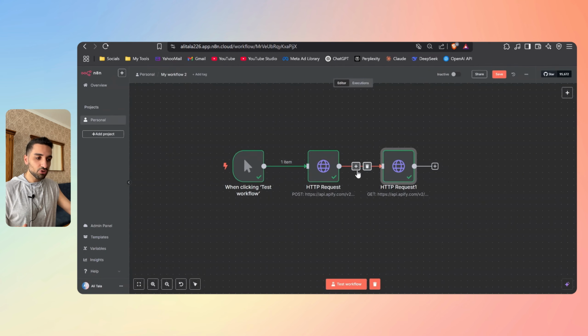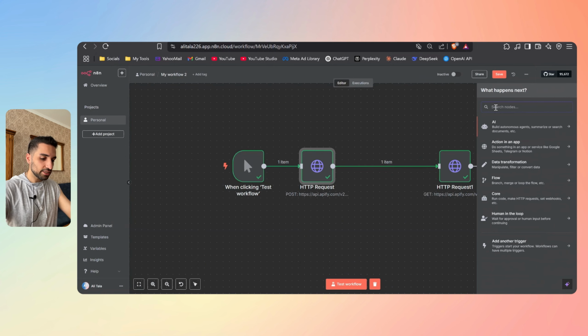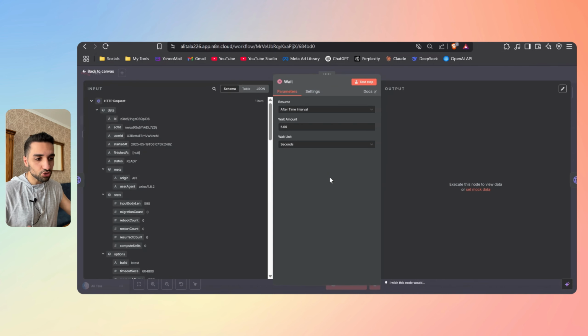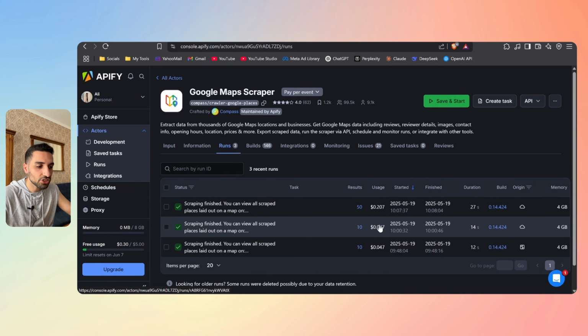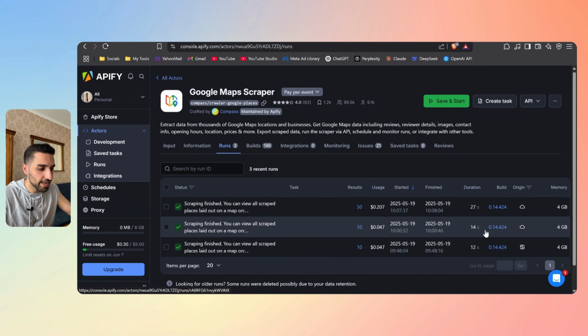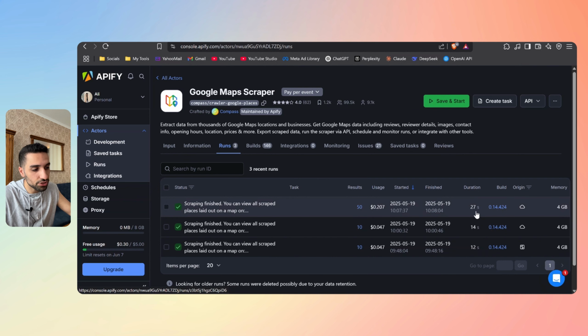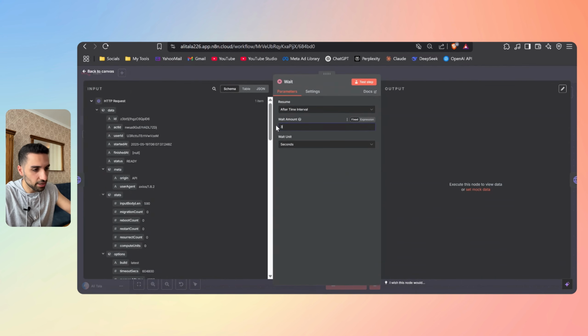So what we can do is actually between these two, we can create a wait node, basically to wait for some seconds, and then we can start this to get the data back. So you can always come back inside your actor and see how long your runs take, and then based on that you can configure your wait node. So here you see that it took almost 27 seconds. So let's say if we put it like 30 seconds